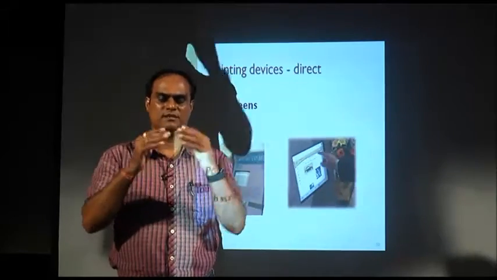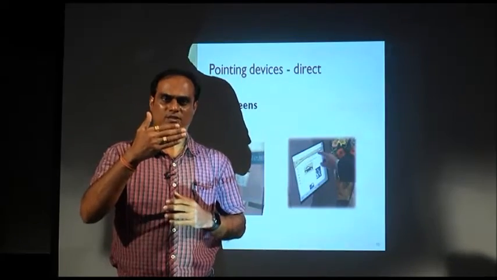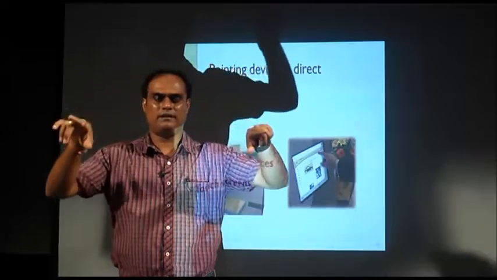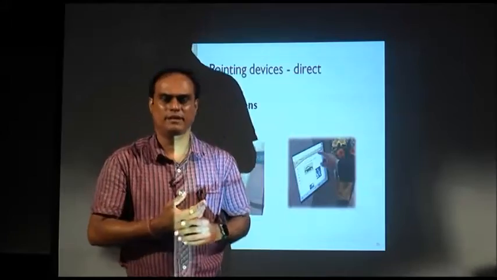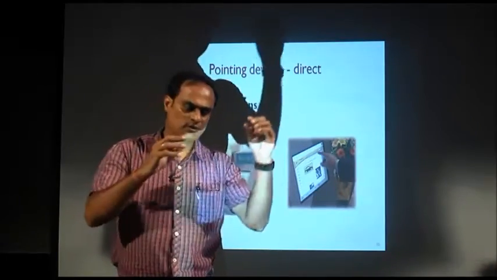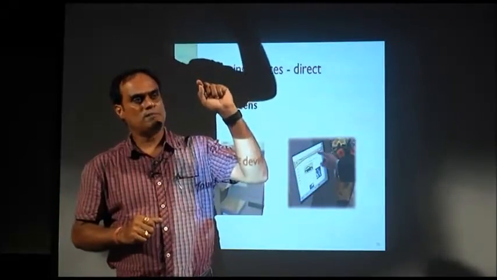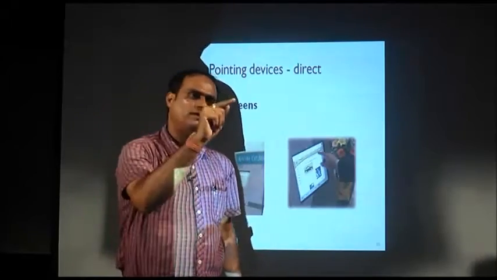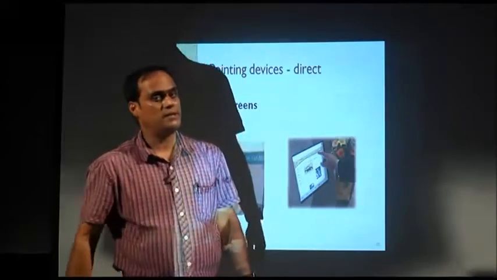Post display means one touch screen is there. Before the display, one pad is there, a transparent pad, a layer, and that is known as the post display, the PD, that is known as the touch screen. Without using the mouse or the keyboard, you can simply select an option: you just take your finger and touch it, and automatically that is given as input.